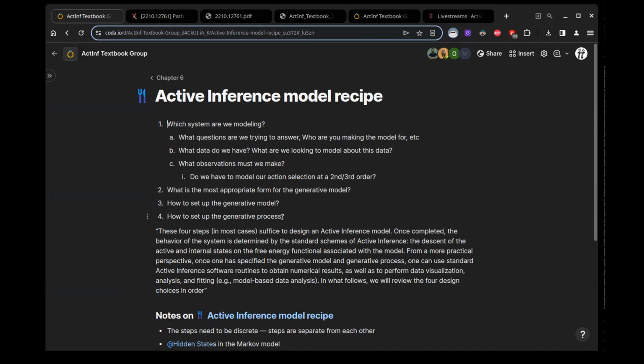Again, this isn't the only or the total protocol for modeling, but chapter 6 is the transition point in the book where the first 5 chapters set us up to understand epistemically what active inference models were about: the low road and the high road in chapters 2 and 3, how we approach active inference.